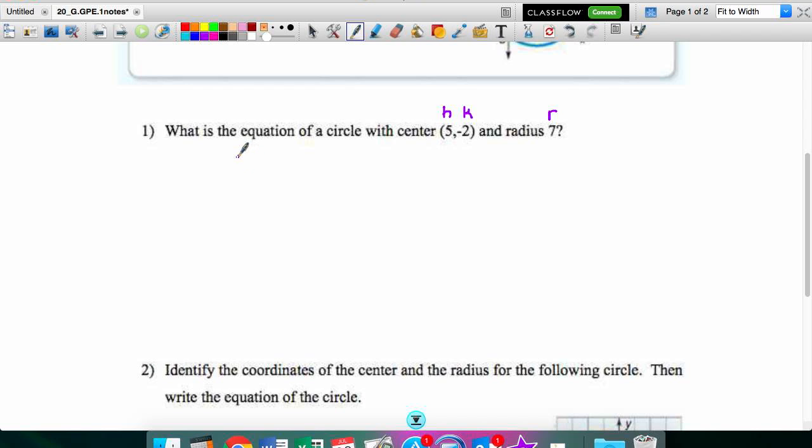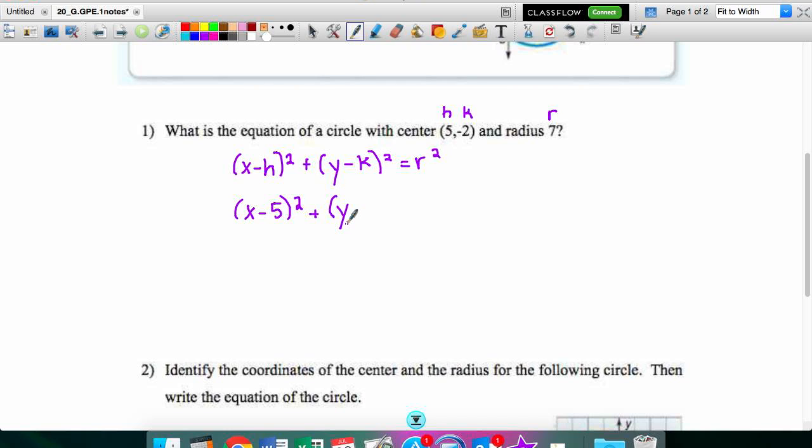Okay, so let's go ahead and just start with the formula. X minus h, quantity squared, plus y minus k, quantity squared, equals r squared. All we have to do to write the equation is plug in our h, k, and r where appropriate. So the x and the y will always remain just x and y when you're writing a general form of an equation. Next, we'll write minus, because that's part of the formula, and the h value, 5, parentheses squared, plus